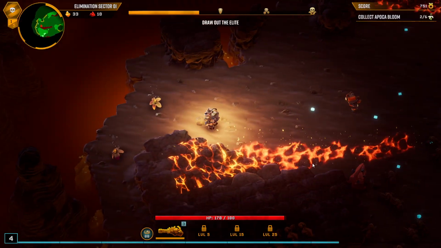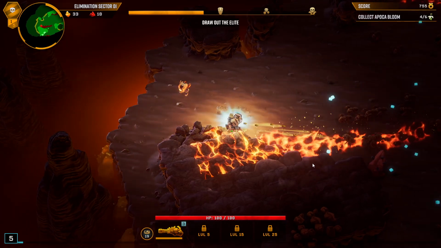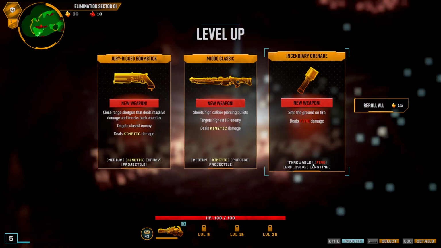Alright, going around collecting flowers in the middle of a volcano. Seems like a pretty good day. Alright, we got our first level,